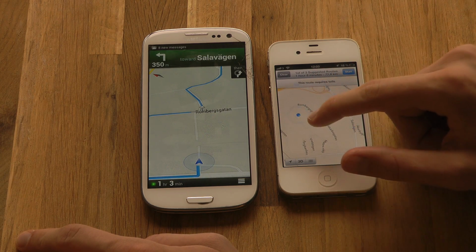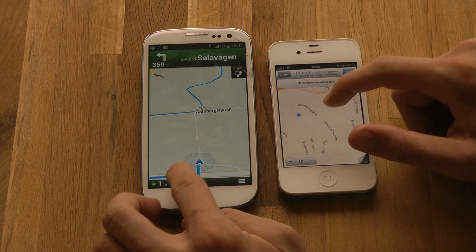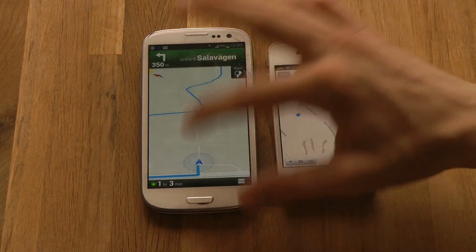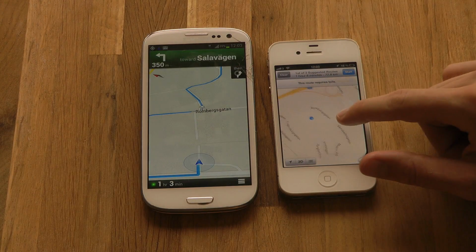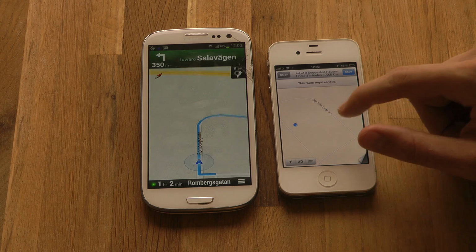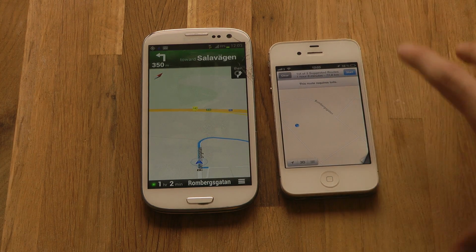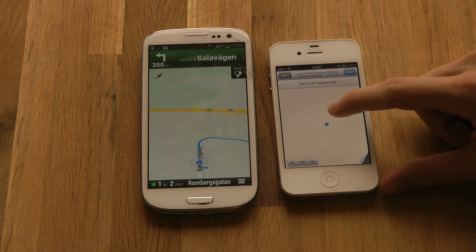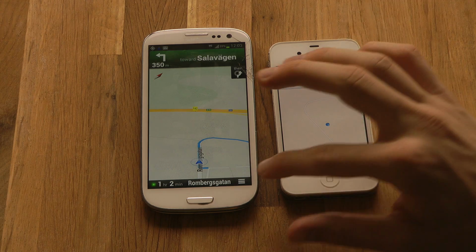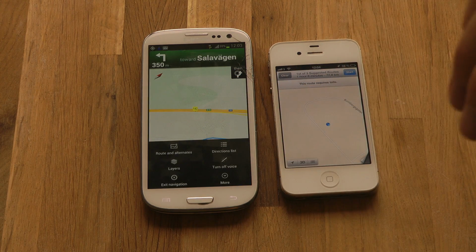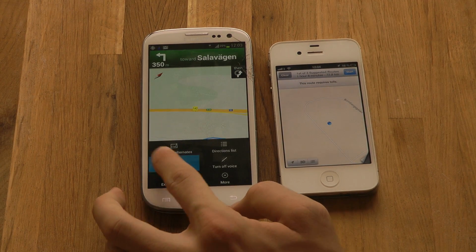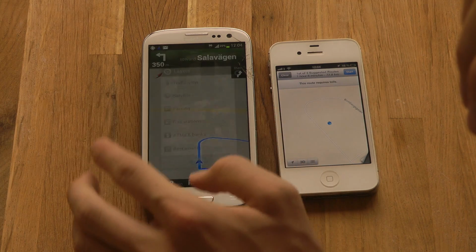It looks a little better, but still, I think this GPS view is way more awesome, because if you're driving in a car, it's way easier to see where you're going. And it just looks weird here a little bit. I'm not sure if we can change to layers. Let's see. If you go to satellite,